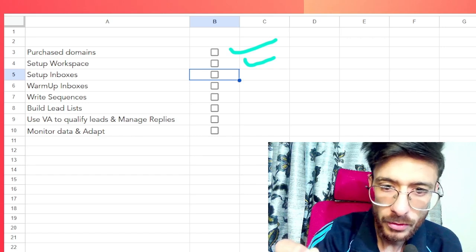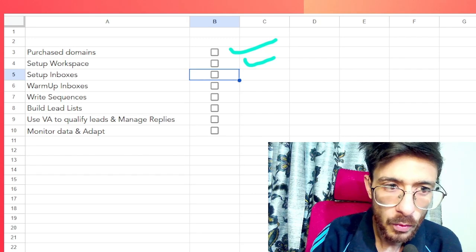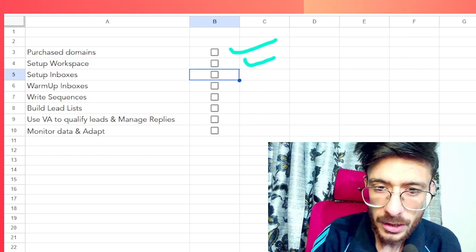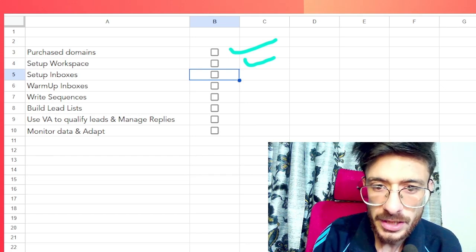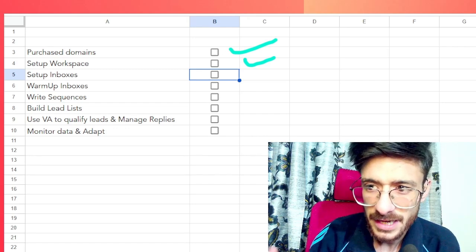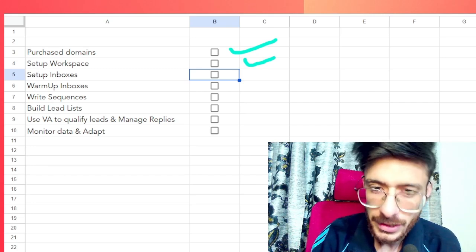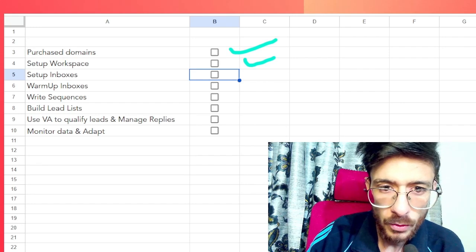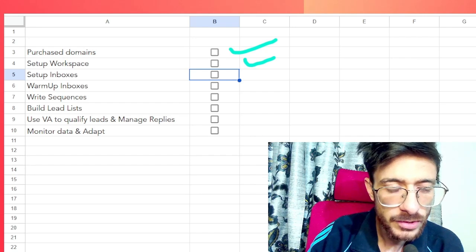If you're going for a Google Workspace, you can get one workspace, and under one workspace you can have three domains, and in those three domains you need to create three users. This actually depends. You can create two users as well, but the recommended steps are one workspace, three domains, and three users